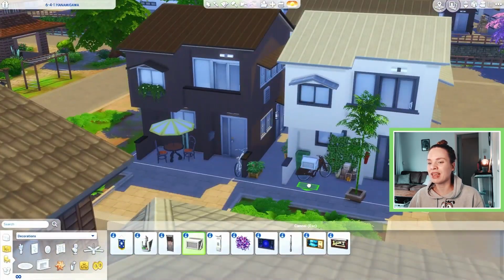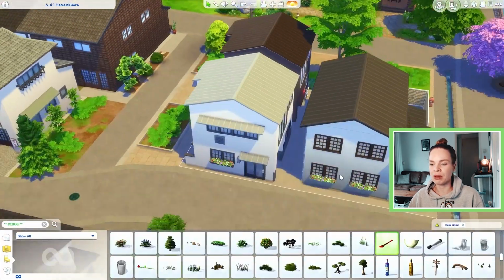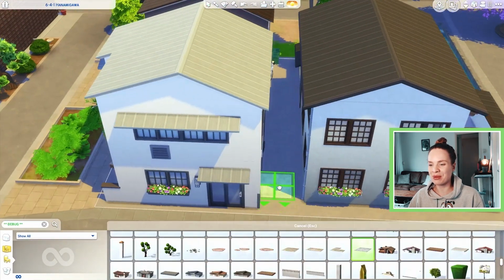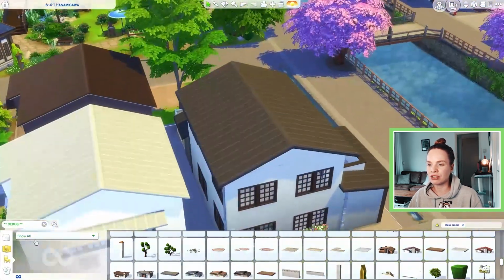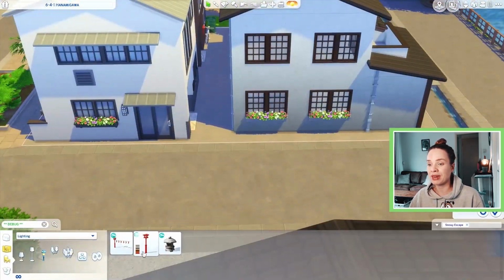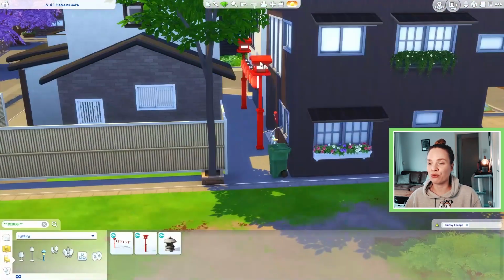And obviously you can use this house for any sort of household. Like it really doesn't matter. You can go either way. You could change the whole interior of the house to make it fit your Sims or your storyline. It doesn't really matter. But yeah, as I was saying, I was thinking that this would be cute for 2